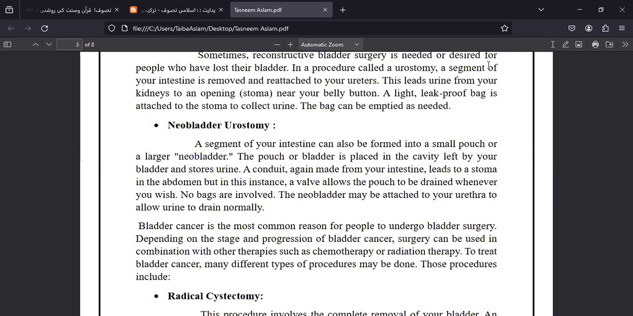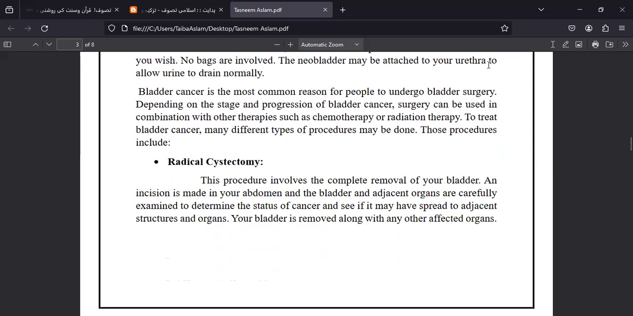Bladder cancer is the most common reason for people to undergo bladder surgery. Depending on the stage and progression of bladder cancer, surgery can be used in combination with other therapies such as chemotherapy or radiation therapy. To treat bladder cancer, many different types of procedures may be done. These procedures include